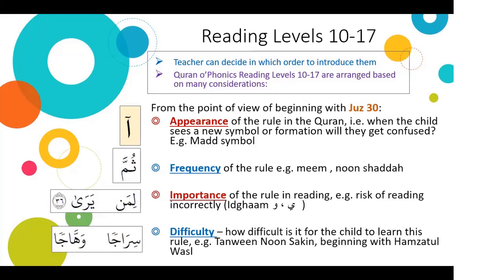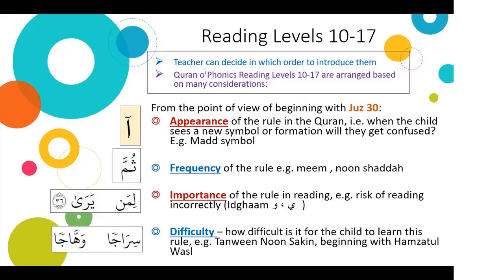Another consideration is, how difficult is this rule to master? Like, will the child find it very difficult to understand this rule? Then we leave it for later. For example, this rule about tanween, when it comes before idgham, waw or ya, is more difficult for the child to master. So we leave the tanween rules for later, some of them, but we teach it with the noon. When it comes with the alphabet noon, like liman yara,